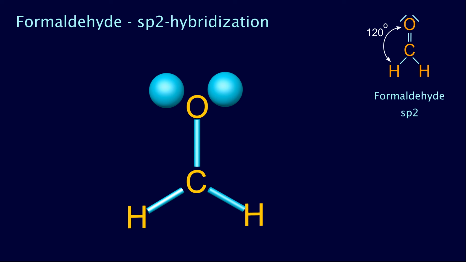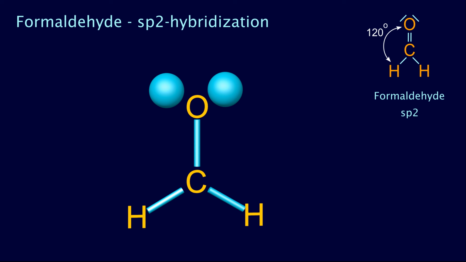Now let's have a look at formaldehyde. How is this molecule constructed precisely? For a start, I skipped the p orbitals. So here you see only the three sp2 hybrid orbitals from carbon to the hydrogen atoms and to the oxygen atom. They are within one plane, so this molecule is completely planar, and they are all arranged by 120 degrees. And then you also see the two pairs of electrons which belong to the oxygen atom,